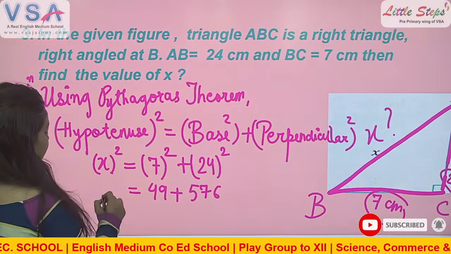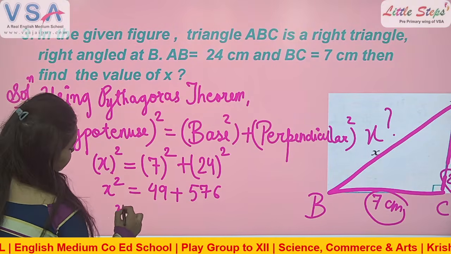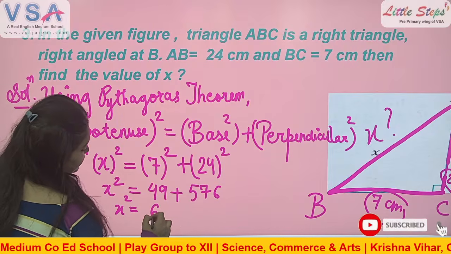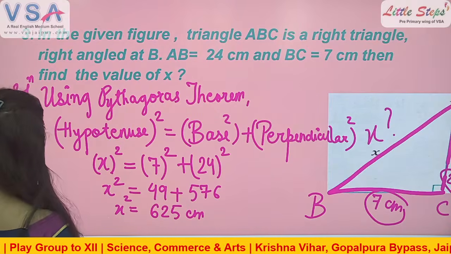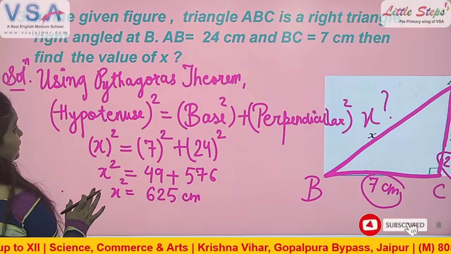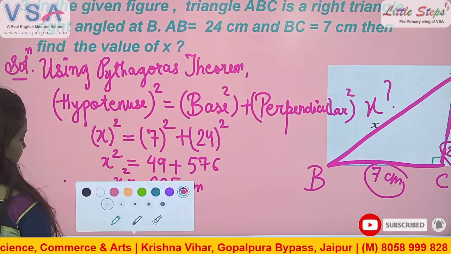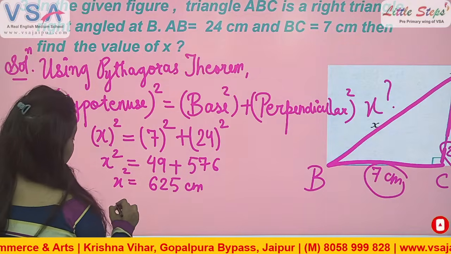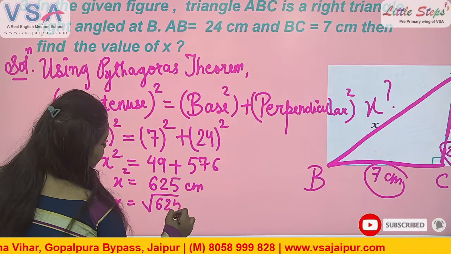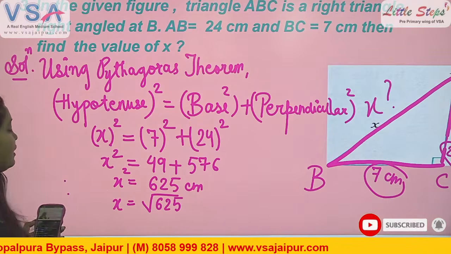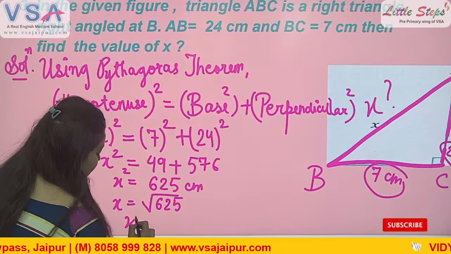Adding both the numbers, x square equals to we have 625 centimeter. Clear? 625 centimeter किसका square root है? If you know, this is the square of 25. 625 इसका square है 25 का, square का opposite under root. X is equals to 25